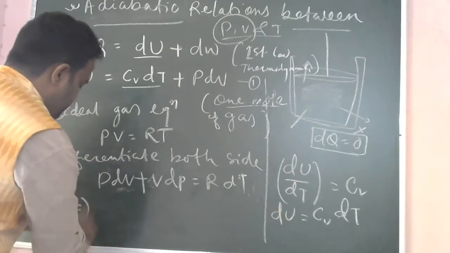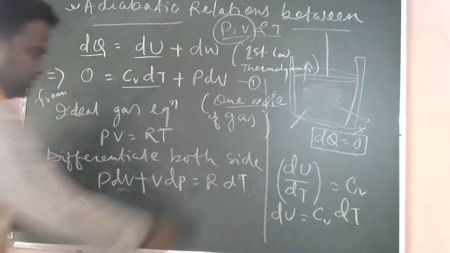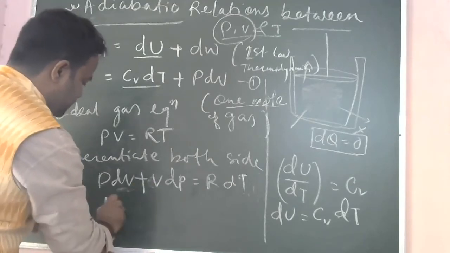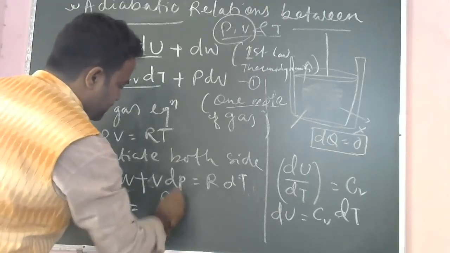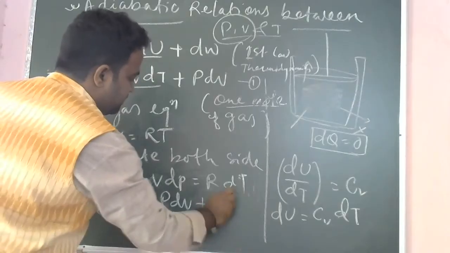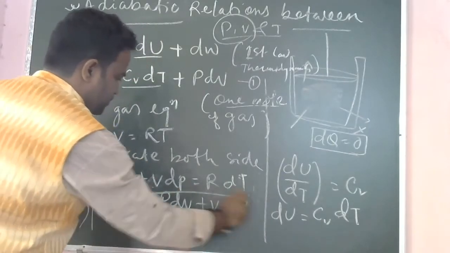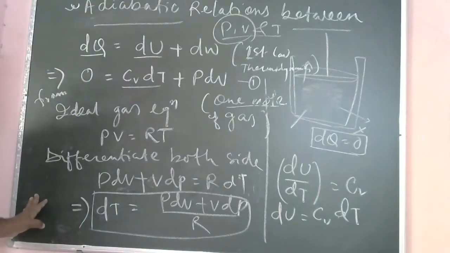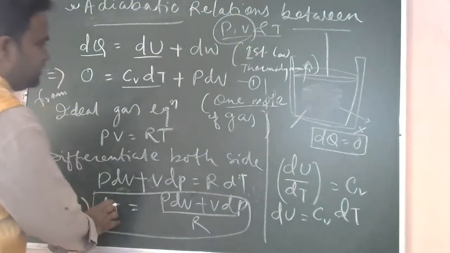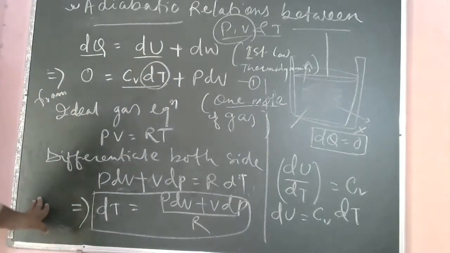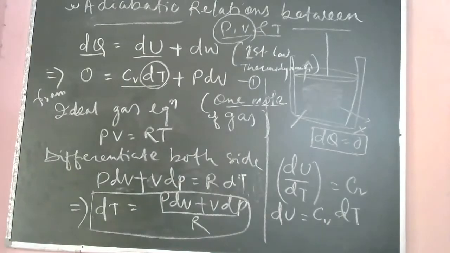Now from here you can get that your dT will be equal to... I can divide here, so your dT will be (PdV plus VdP) by R. So this is your dT. Now I'll put this dT in our equation number 1. The equation 1 will now become